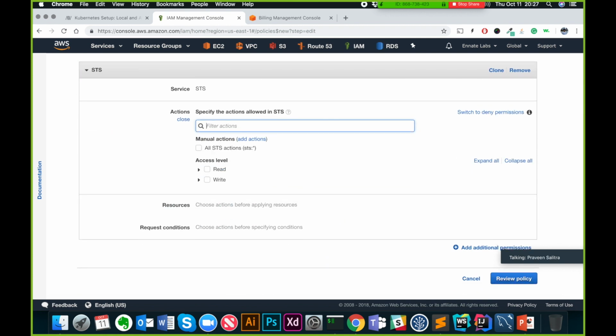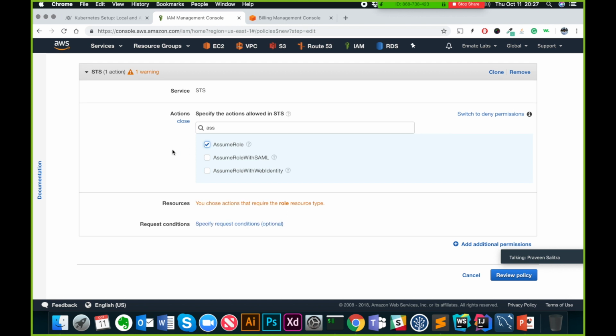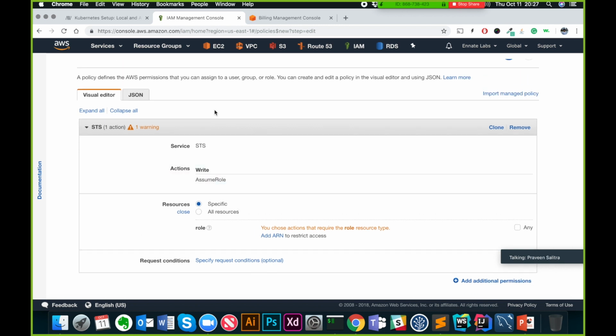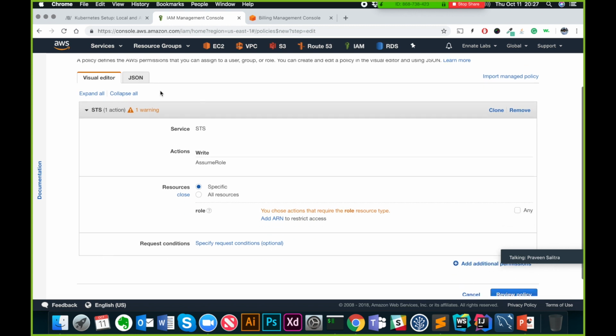And I'm going to ask for a permission called assume role. So once that is done, I'm asking, okay, what is the resource? What resource are you asking for assumption, right? In this case, whoever the user has this particular policy, they want to assume a specific role, but what is